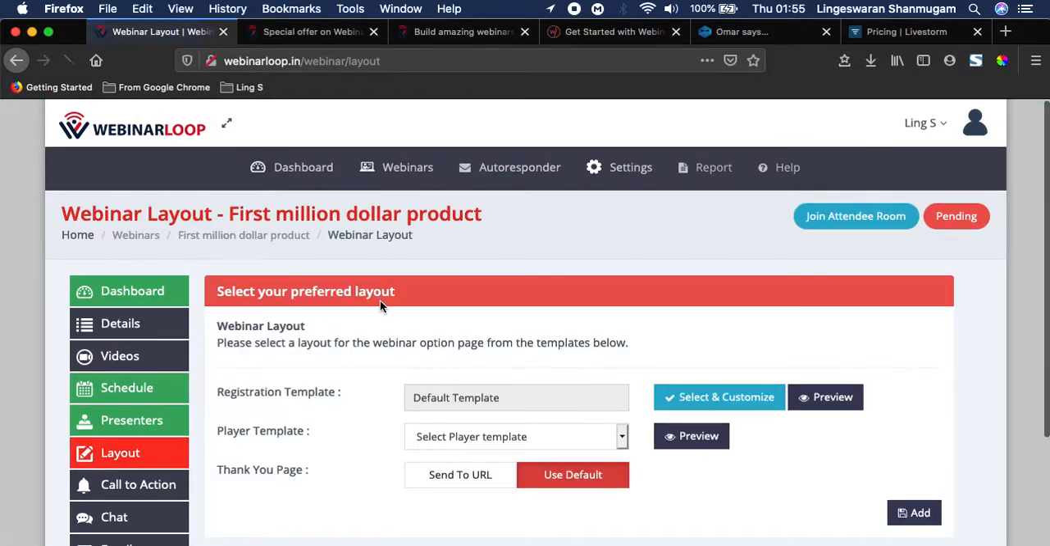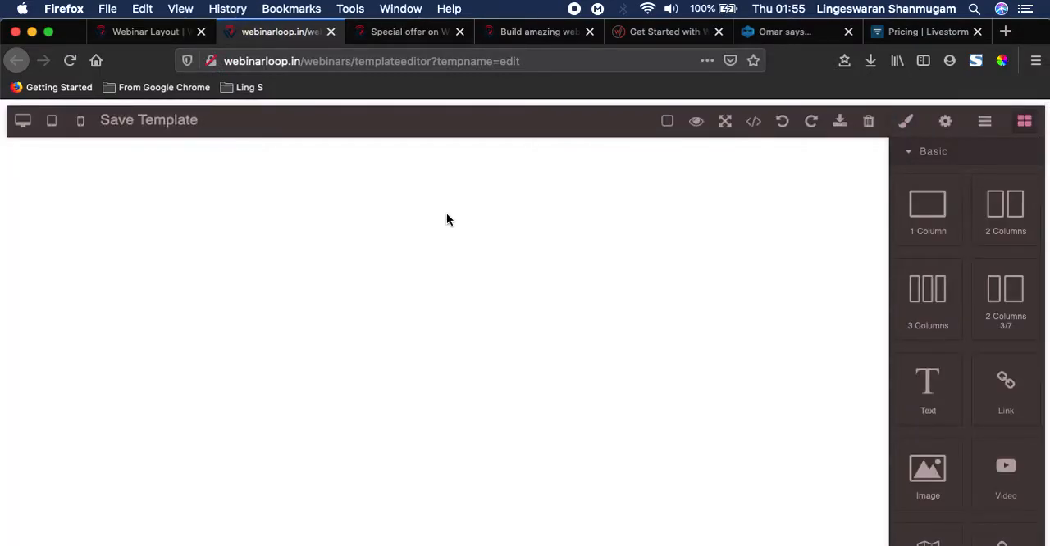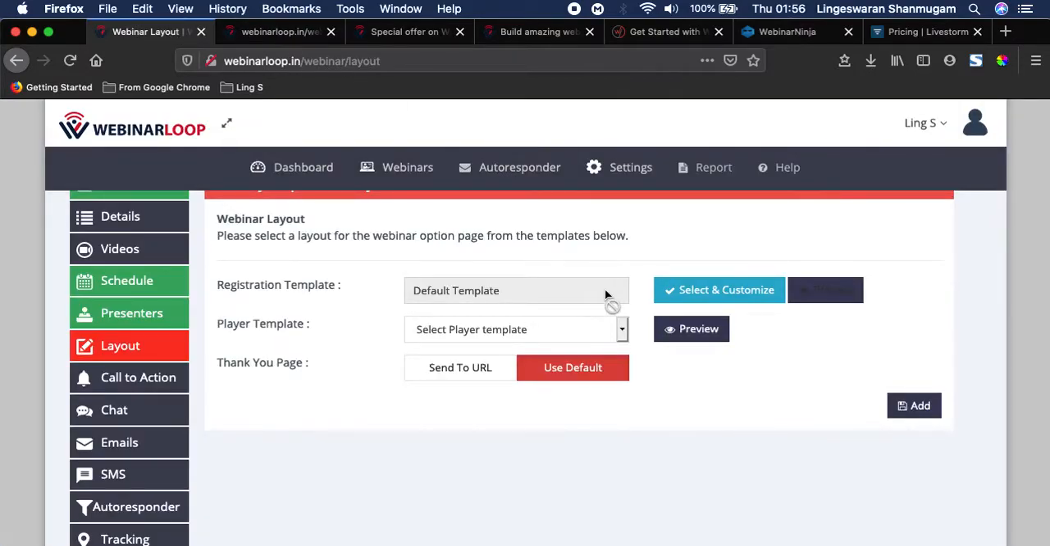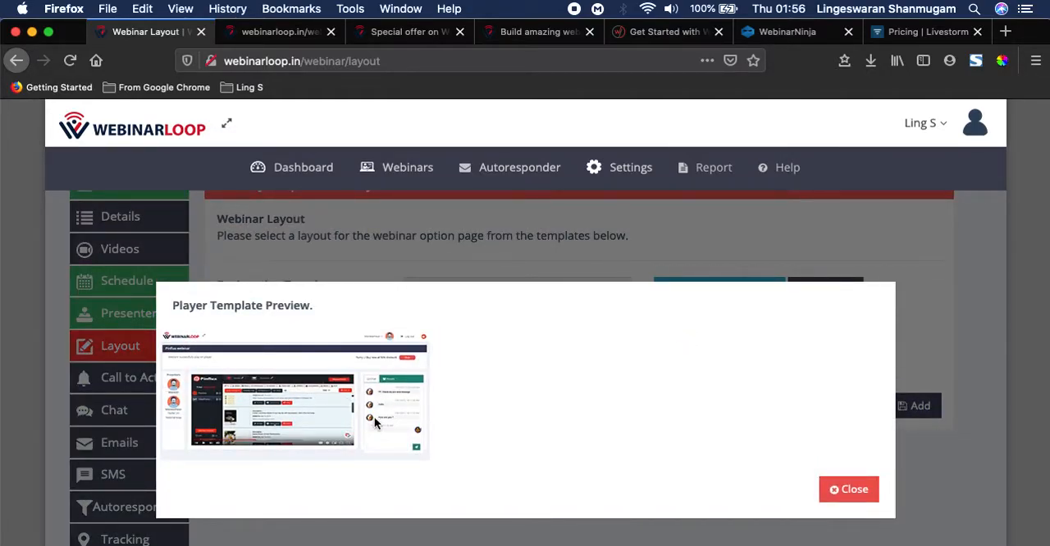You can also set up layouts for your webinar page. Let's actually see preview. I think this is really a powerful page builder for your webinars, and you can have your standard minimalistic and professional player template. Let's actually see how it looks. Okay, this is how it looks, and you have the presenter. It looks pretty professional,